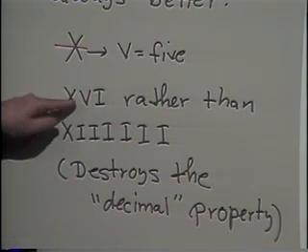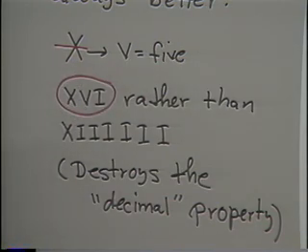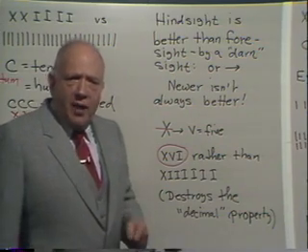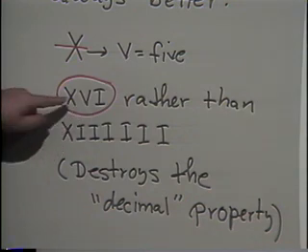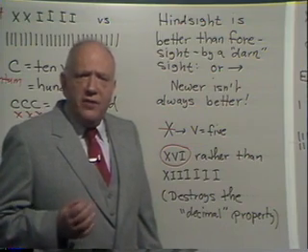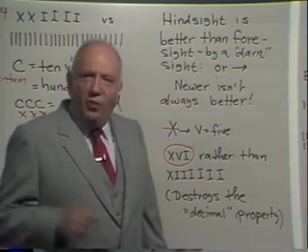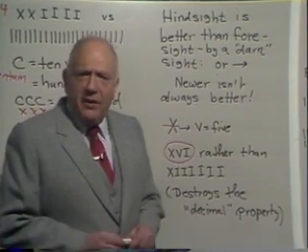But even though this was more compact, do you notice that this destroys the decimal property? Up until now, it's always been 10 of one denomination equals 1 of the next higher denomination. But now 2 V's equal an X. That's what makes the English system of measurement so difficult. You have to memorize too many conversion factors. 12 inches to a foot, but 3 feet to a yard, and 1,760 yards to a mile. These things become very, very cumbersome.